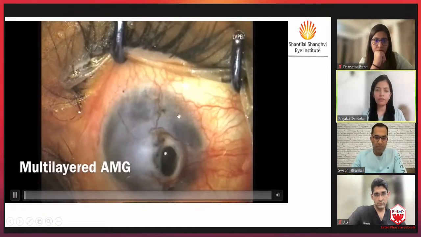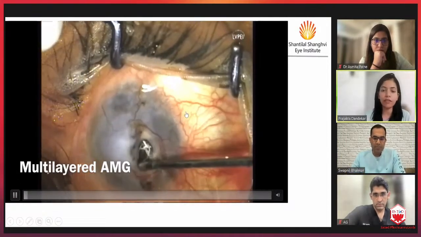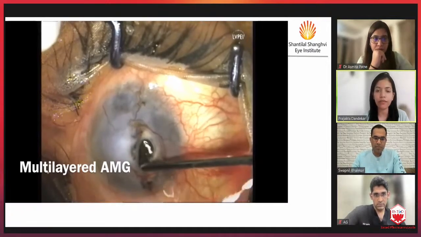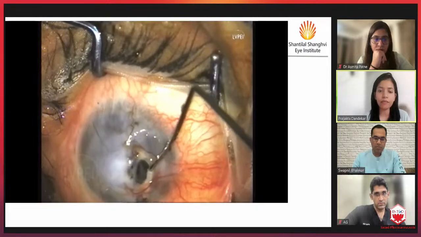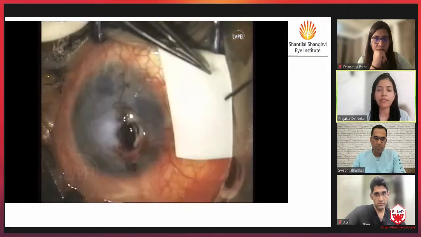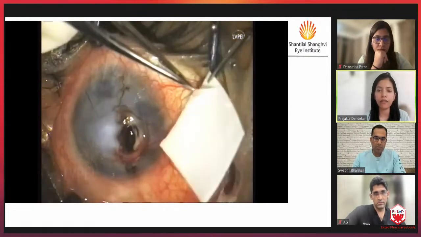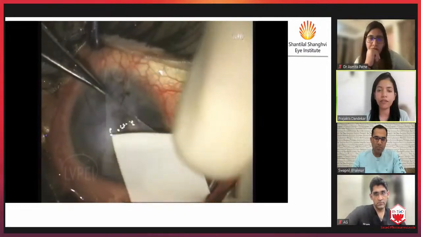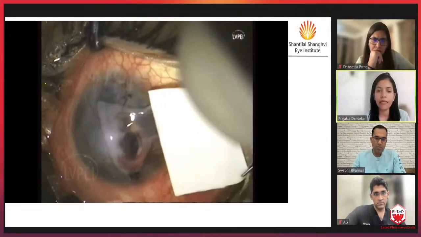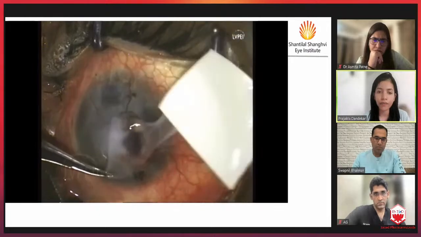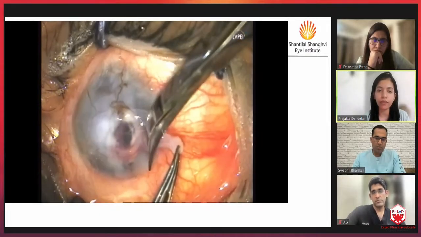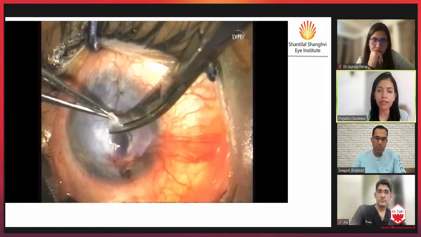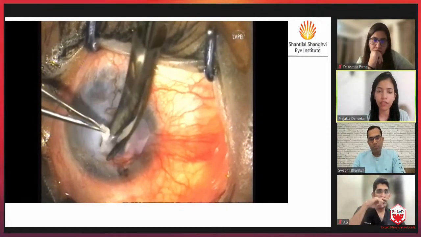So this was an HSV patient in which there was a perforation. Centrally the vitrectomy is being done, and the epithelium is removed from the sides. They are checking with the iris repositor whether there is any vitreous at the edges of the wound. Then after putting fibrin glue, this is the AMG, which is removed from the nitrocellulose paper, and one layer of the AMG is then placed along with the glue.